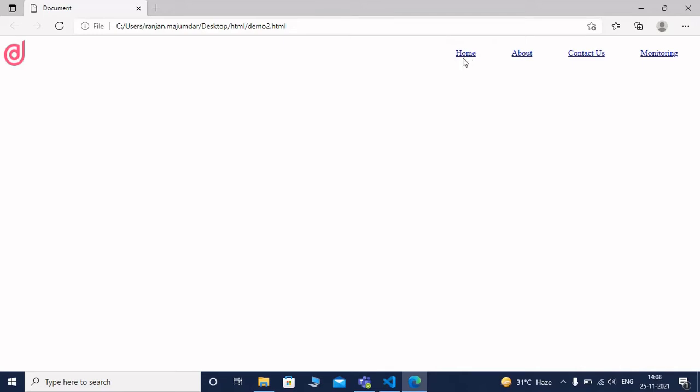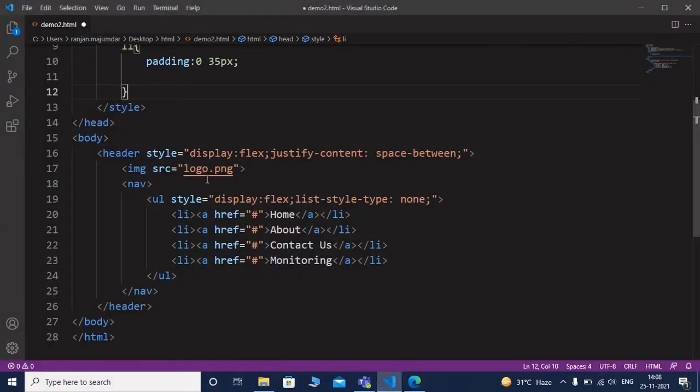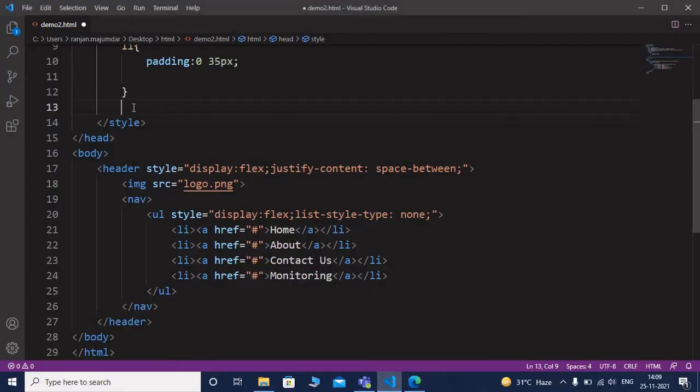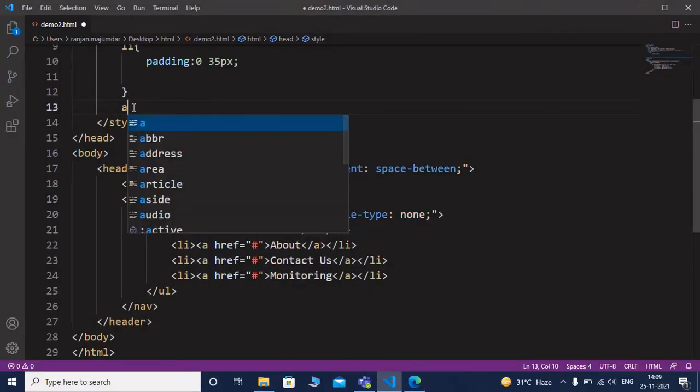Now you can see there is an underline for each and every element. How to remove this underline from these elements? I have used anchor tag here. Whenever you use the anchor tag, you will get this underline. So I am writing CSS for anchor tag a,